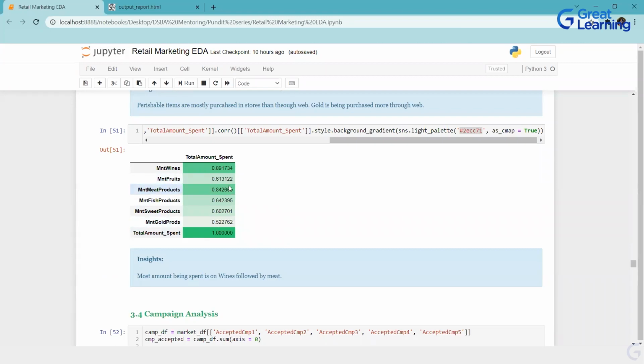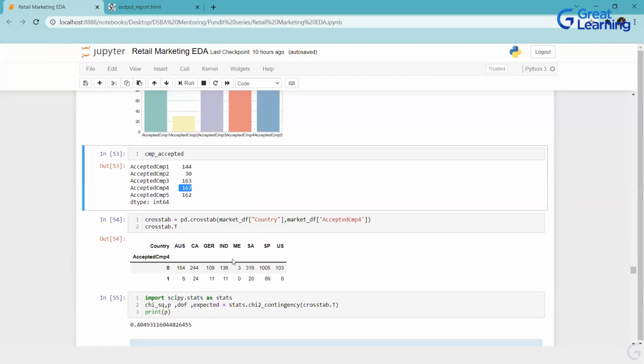So now over here, I'm going to perform a chi-square test. I have a null hypothesis to see whether campaign 4 is country specific. That's your alternate hypothesis. And what's your null hypothesis?